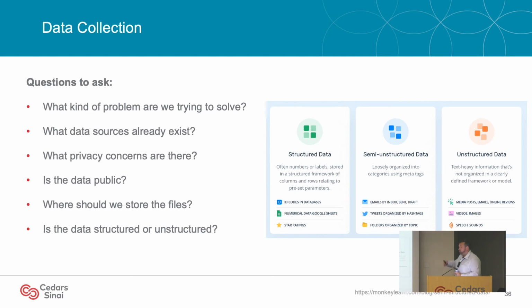Is the data structured or unstructured? If you don't know the difference, structured data typically comes as rows and columns, and they're numerical values. It's basically ready-to-analyze data. Then there's semi-structured data, which can have tags. Websites often use semi-structured data. There's information, and there are little label tags associated with it. And then unstructured data, where raw text is a great example. And, well, if you need to generate new data, what is your study design going to be for gathering it?